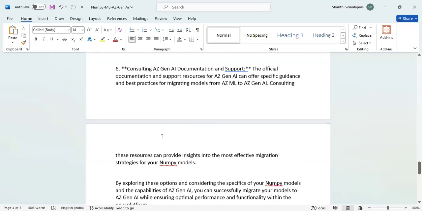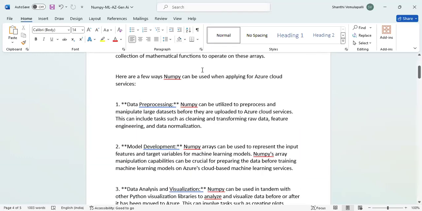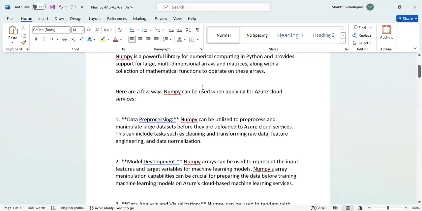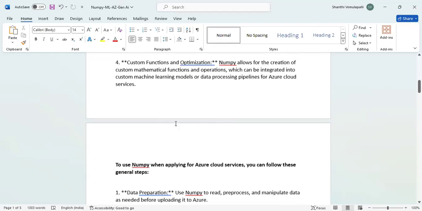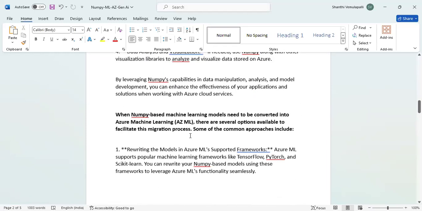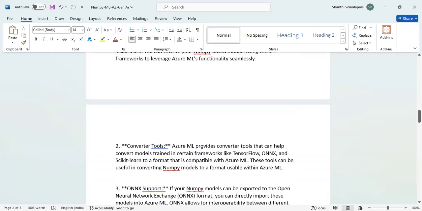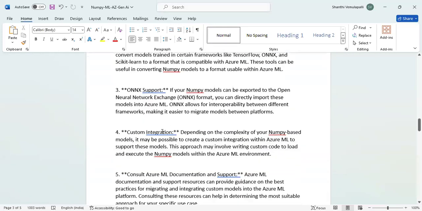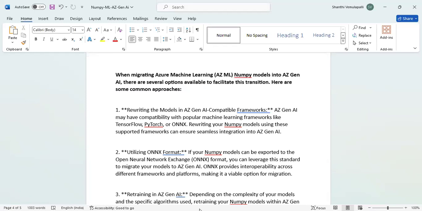So that's where we completed. We traveled from learning what NumPy is, its relevancy to machine learning models, and how NumPy models can be applied in machine learning in the traditional way. Then how NumPy can be connected to the Azure cloud services to process and maintain the data. At the same time, we also discussed how NumPy libraries can be connected to Azure machine learning while migrating, and what steps need to be followed. Then after that, how generative AI can be implemented for NumPy libraries directly or through the Azure ML process also, right?